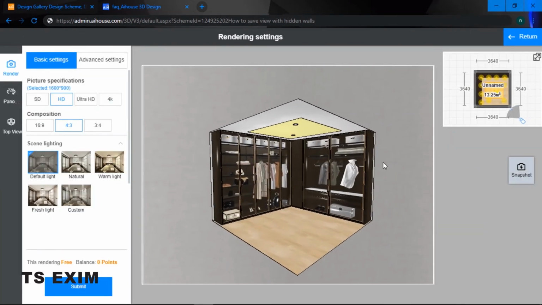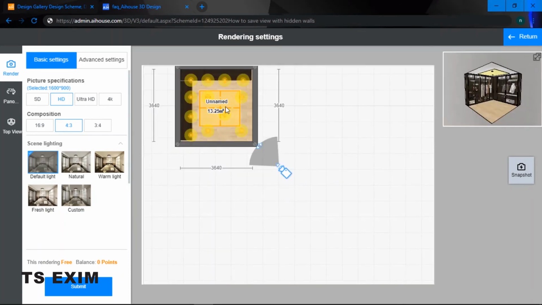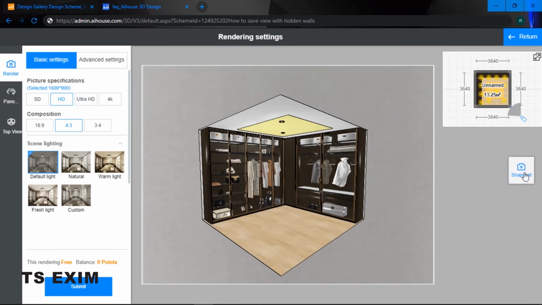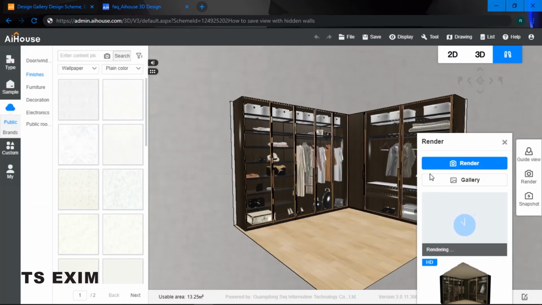Okay, so make sure you put your lights on, so that it's not dark. As you can see right now, I already have my lights over here. So choose the right angles. I already saved my snapshot, and you may just submit. Alright,